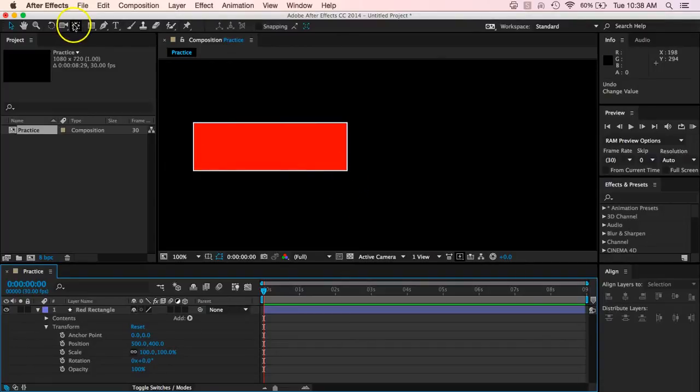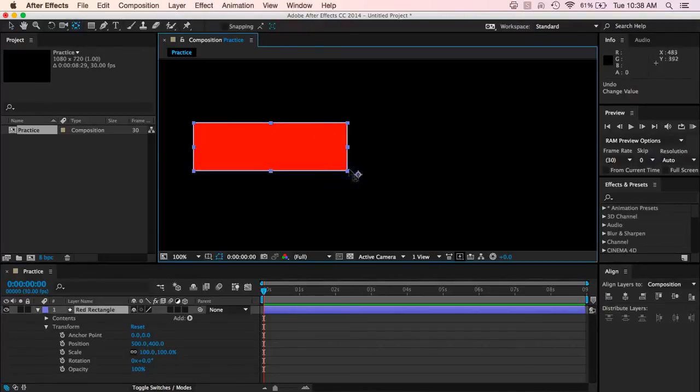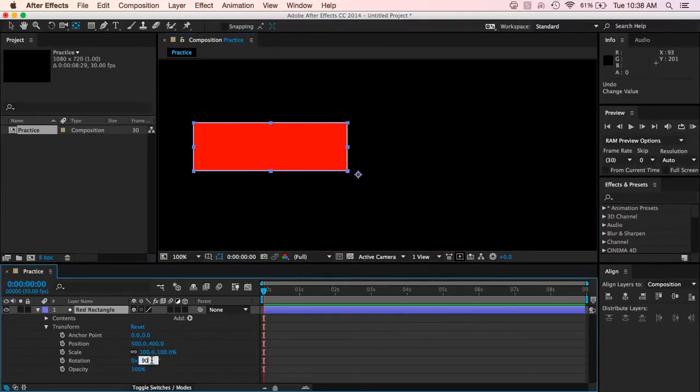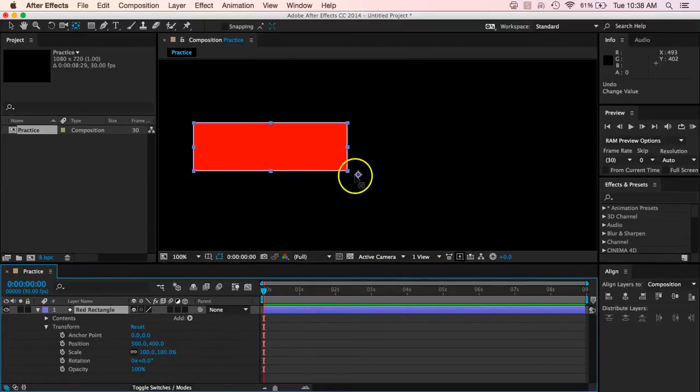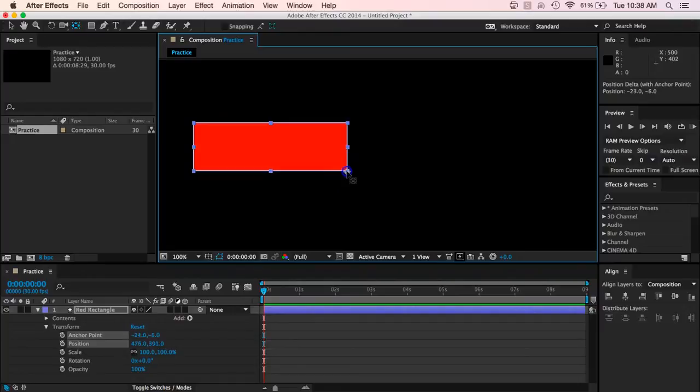I can come up and click on my pan behind, or you'll see that it says in parentheses anchor point, and I can change what the anchor point is. So I'm going to click on that there, and I want to change the anchor point to that one. Now when I go in and I hit 90, oops, okay. So I'm going to click on this tool, the pan behind or anchor point,